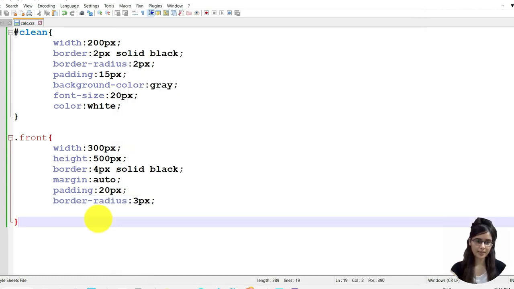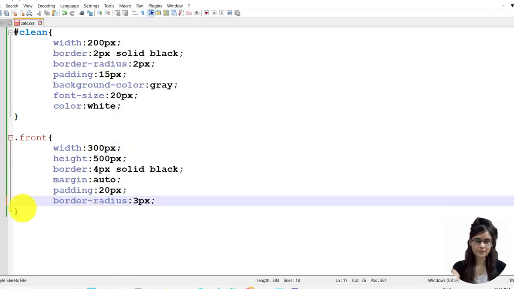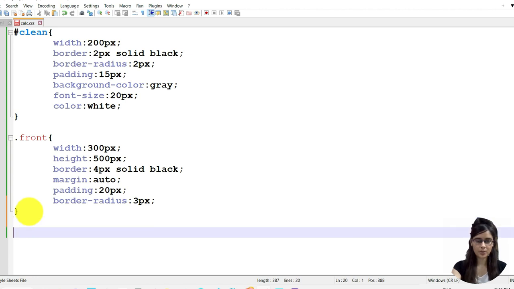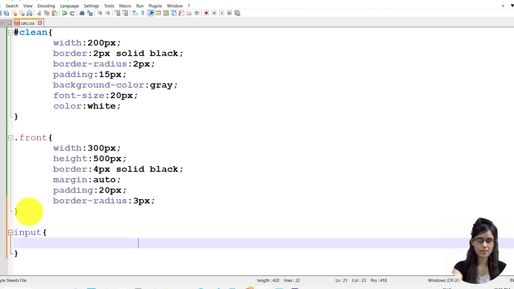Now we will style the tags. So we have different input tags. Call the tag and then apply the CSS.